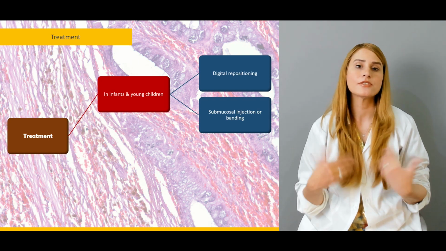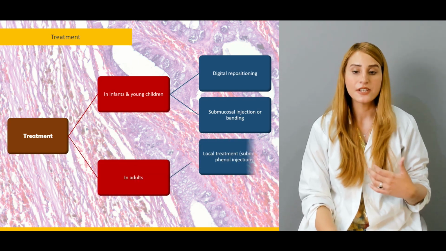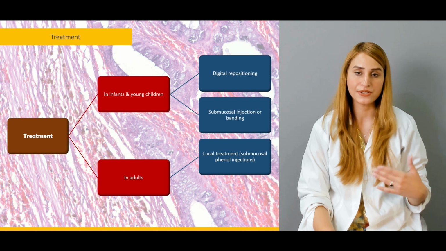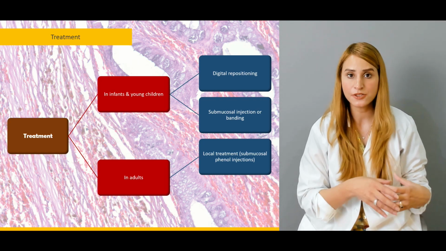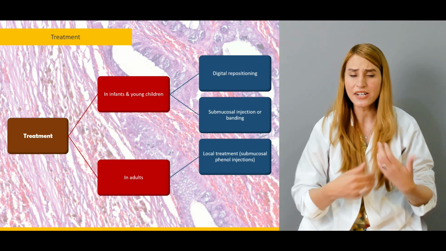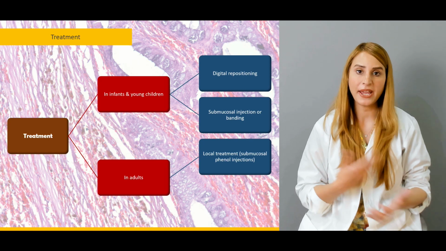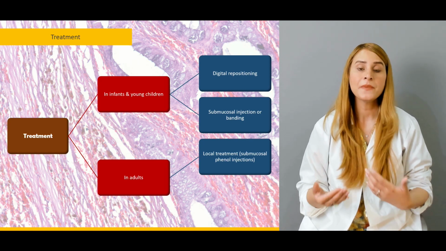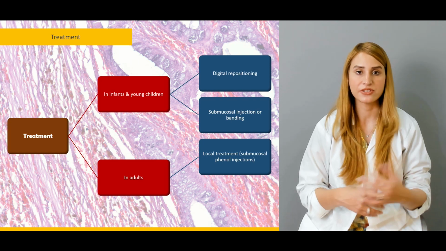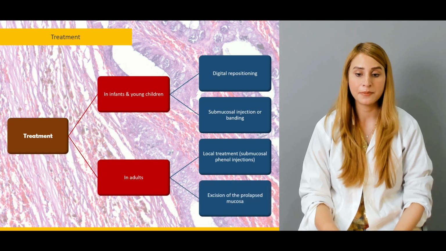But sometimes you have to go for submucosal injection, and you have to go for banding as well. So in adults, you go for local treatment like submucosal phenol injection with almond oil. Actually, it acts as a sclerosing agent. It burns out the base of the prolapse, and the whole of the structure which is prolapsed is burned out with the sclerosing agent, and the rest of the rectal mucosa is pushed back,